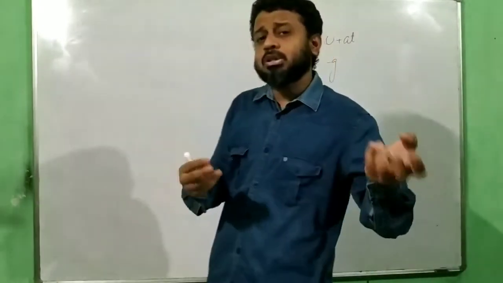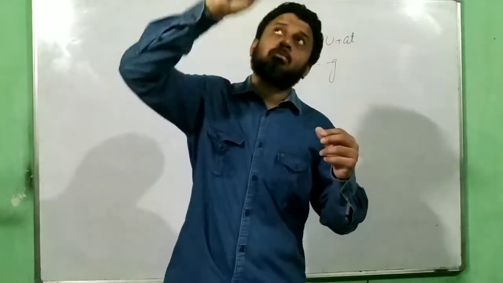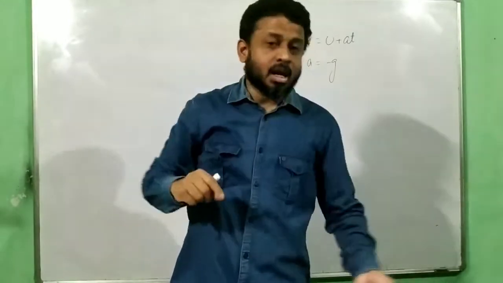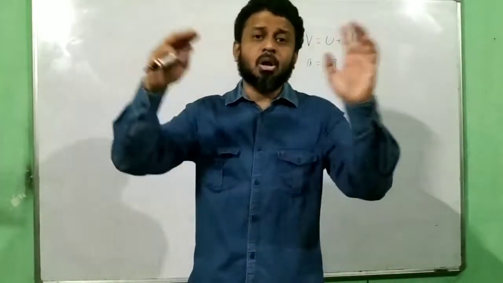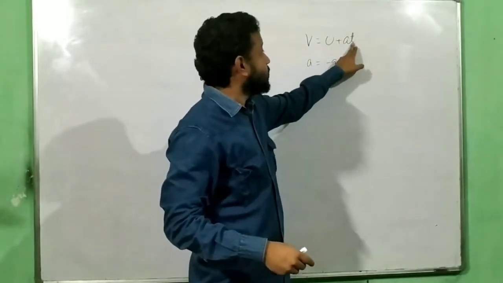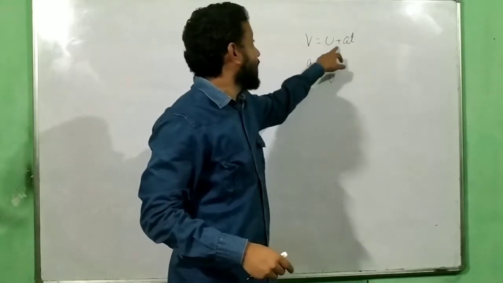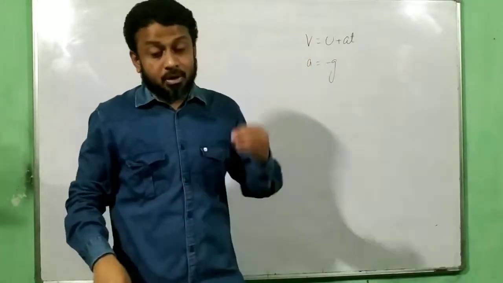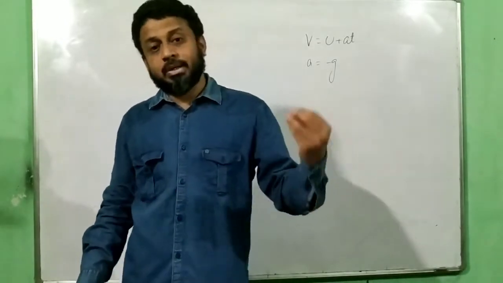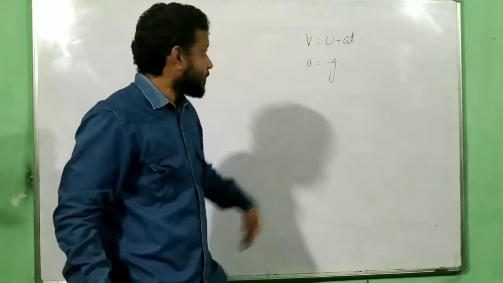Remember all those questions where we have discussed a ball is dropped from a certain height, a ball is thrown from a certain height, a ball is thrown down from a certain height, it strikes the ground after how much time. In all those questions you have found time, correct? If I put those values of time t in these equations and the value of a as minus g, remember what we will get? We will get the velocity of impact with the ground. We are going to get the velocity with which it is going to hit the ground. So it has its own importance, okay?